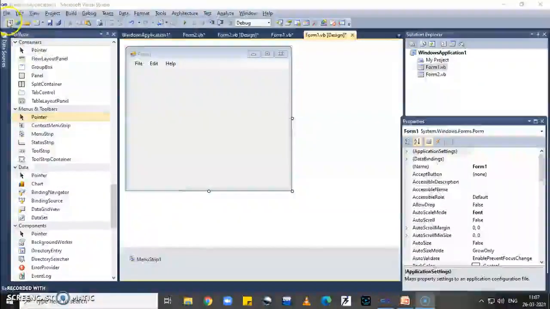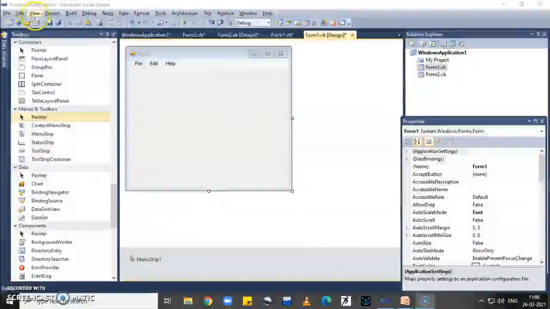In each and every menu, one underscore is display in one character. So in file menu, underscore is display below the F. Then in edit menu, underscore is display below the E.